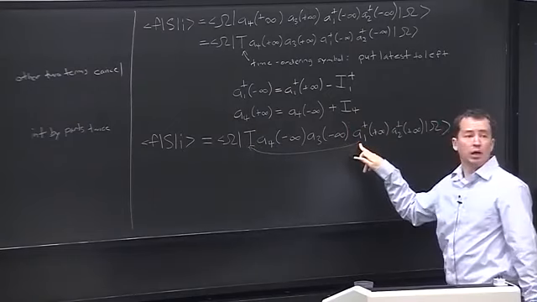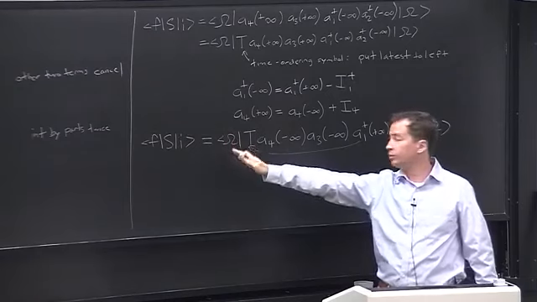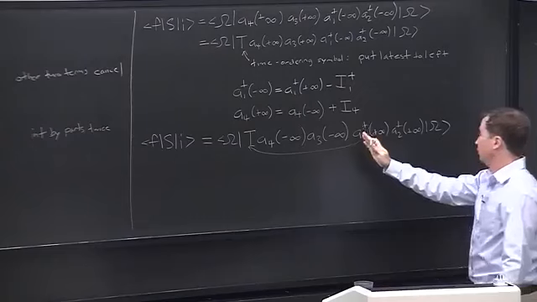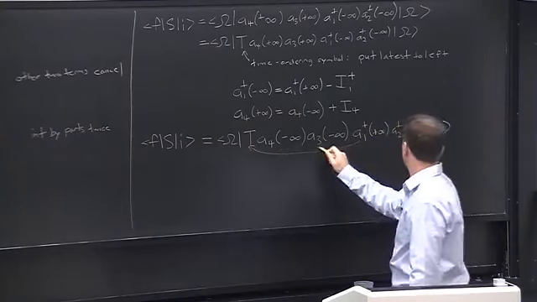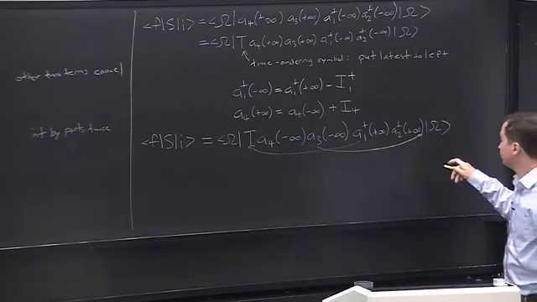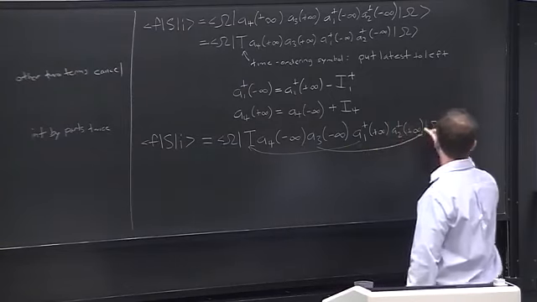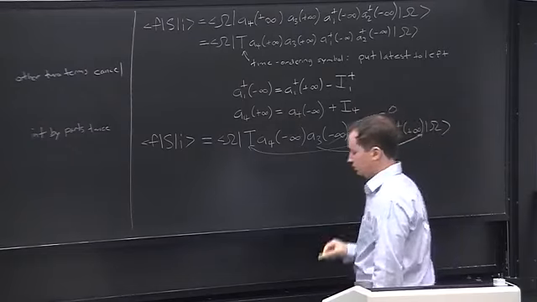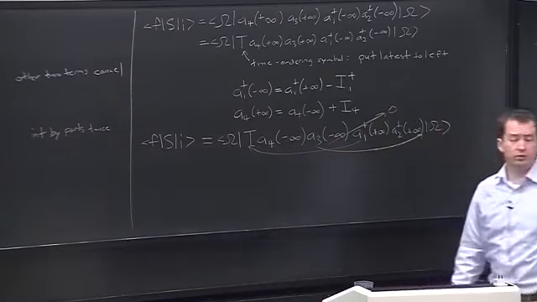But A1 dagger annihilates the vacuum from the bra vacuum. And similarly, A3 and A4 will be moved over here, where they annihilate the ket vacuum. So this term goes to 0. And we'll get